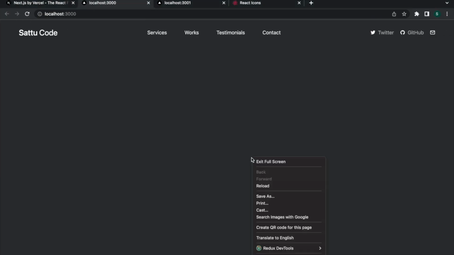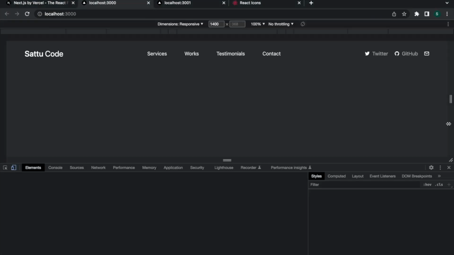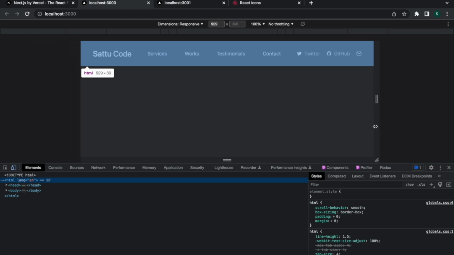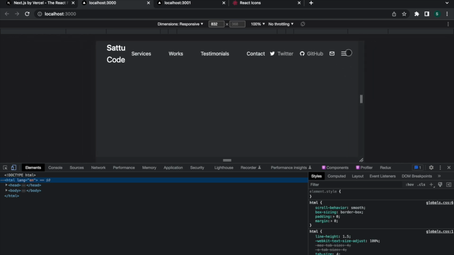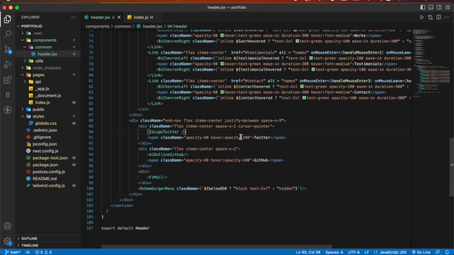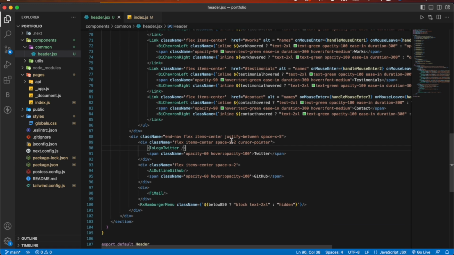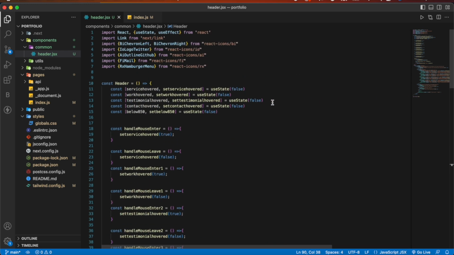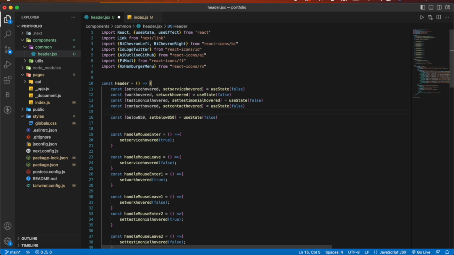So if we check, as you can see, after 850 or below 850, we can see it's appearing. Just like chevrons, we'll also add some useState, like const Twitter,